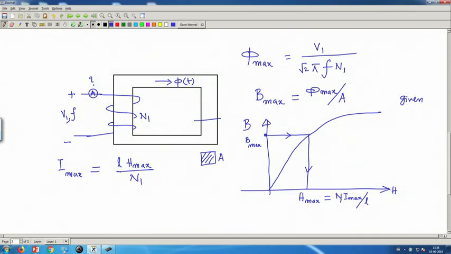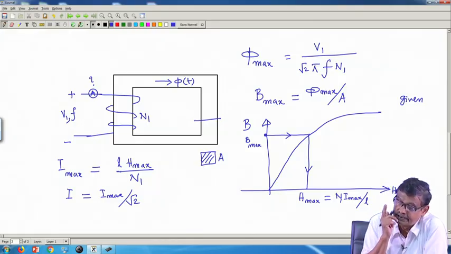So, the maximum value of the current drawn is known, and then the ammeter reading, if it is an MI meter, will be I RMS equal to I max by root 2. This is the thing. So, this now tells me that if a single coil is excited from an alternating voltage source of frequency f,